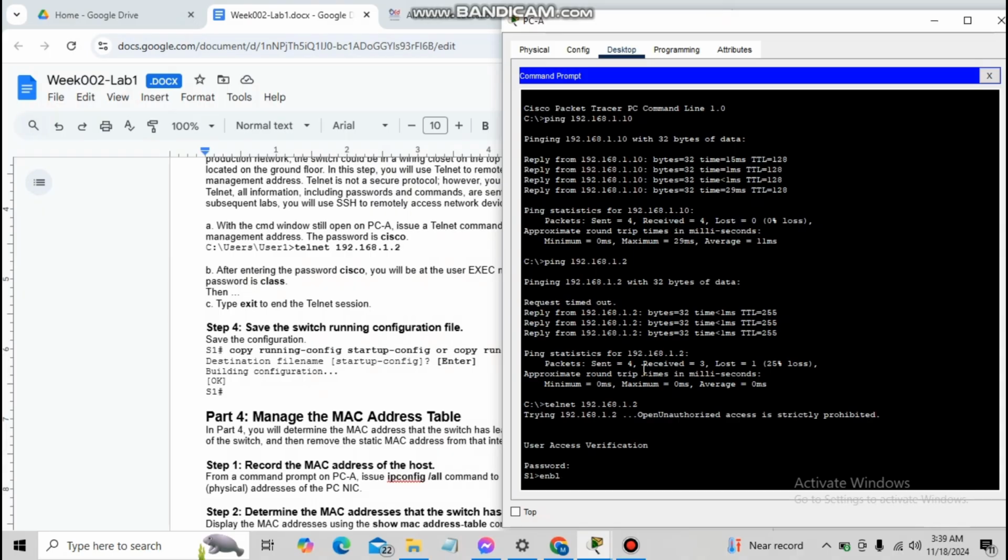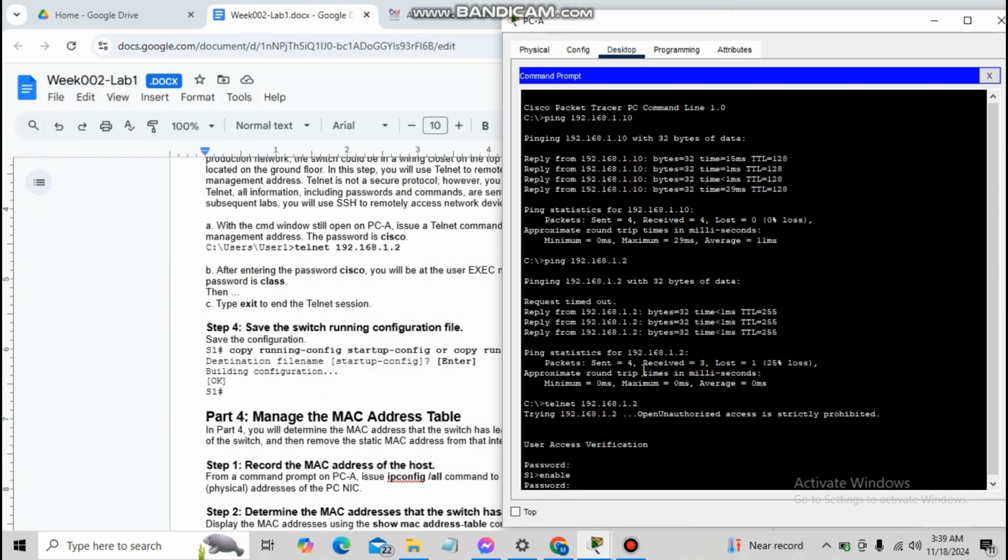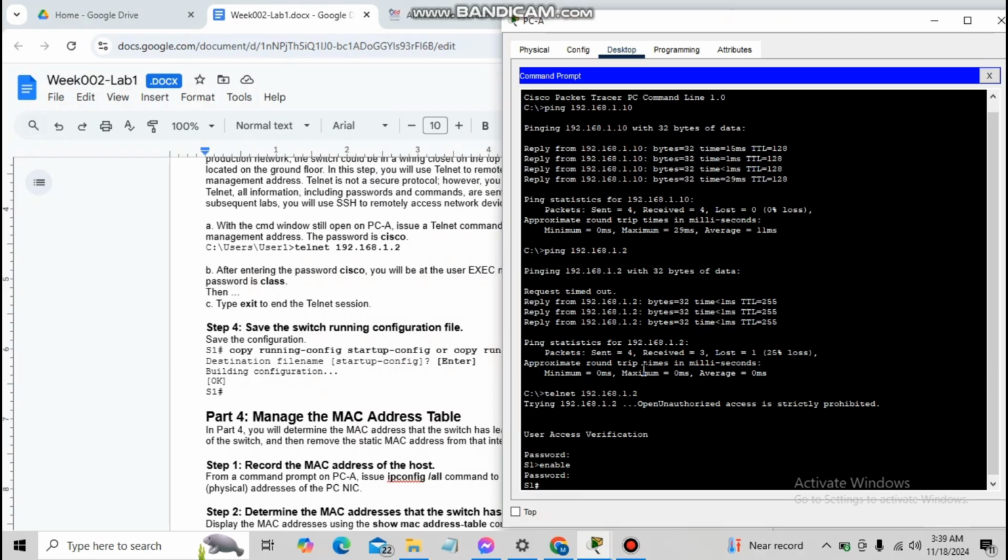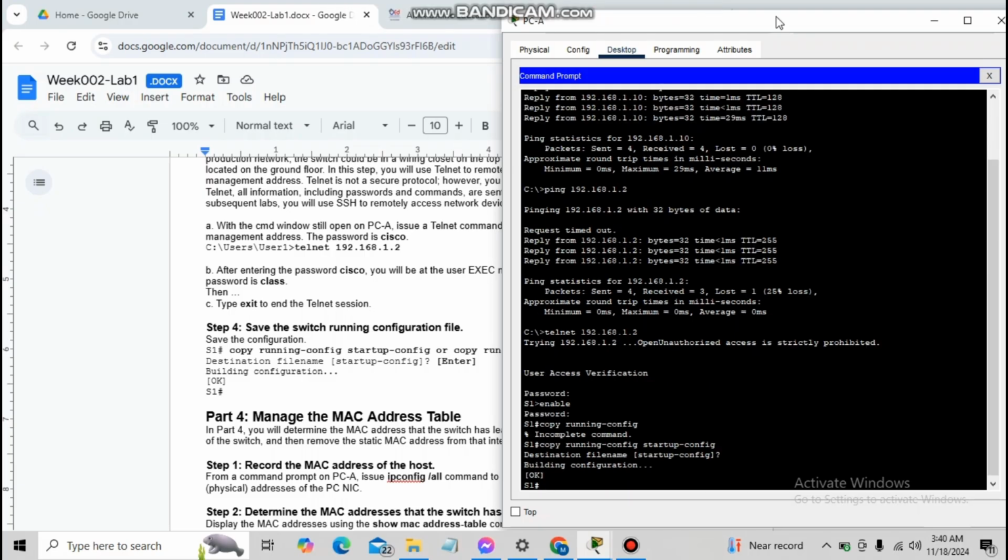So I typed in cisco, enable, and now we can go into privileged exec mode. And yes, from here we will have to copy the running configuration in order to save the settings for the MAC address of our S1 over here on our PC. So let us do just that. And as we can see over here, after I type the copy running-config startup-config command over here on our command prompt,